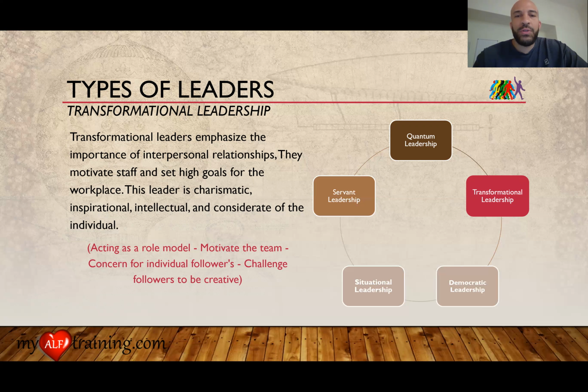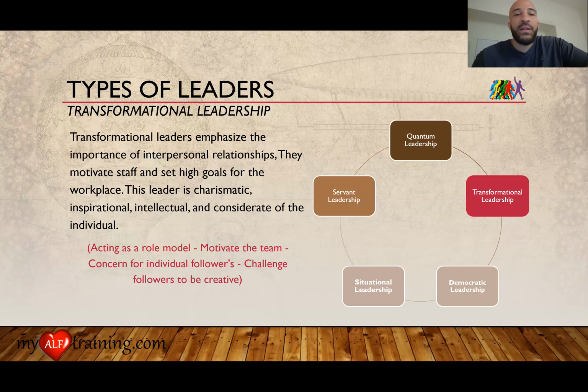This is just that person on the unit who's very charismatic, who has great interpersonal skills, seems to be friends with everyone. Family comes and they're upset. We send this person to talk to them, and next thing you know, the family's laughing and smiling, and we're all wondering how'd they do that. So that's a transformational leader. This person has characteristics. They act as a role model. They motivate the team. They're concerned not for the team, but for the individual followers in the team. And they challenge you to be creative, to solve problems on your own.